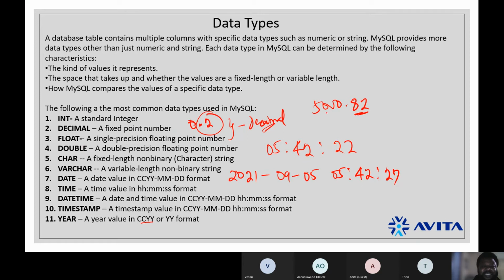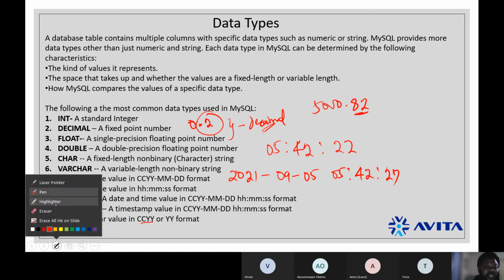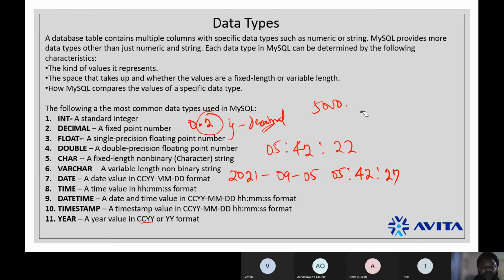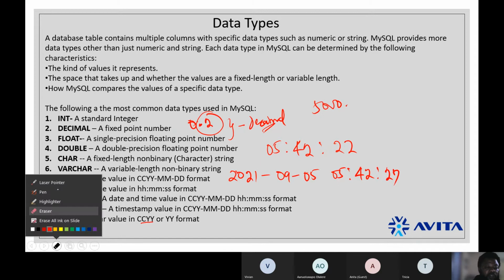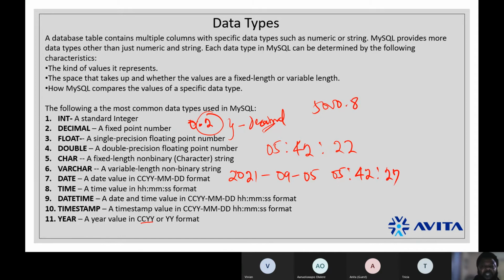A float is a single precision. So when you talk about single precision, you are saying 5,008. That's for float, right? For double, it will be 5,000.823. This is to double precision.